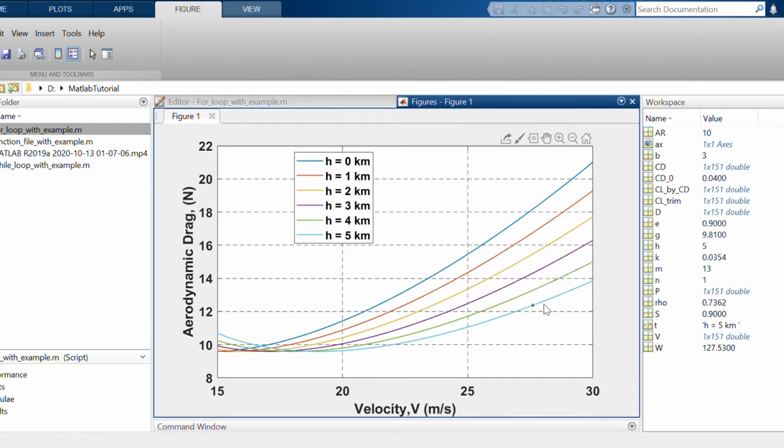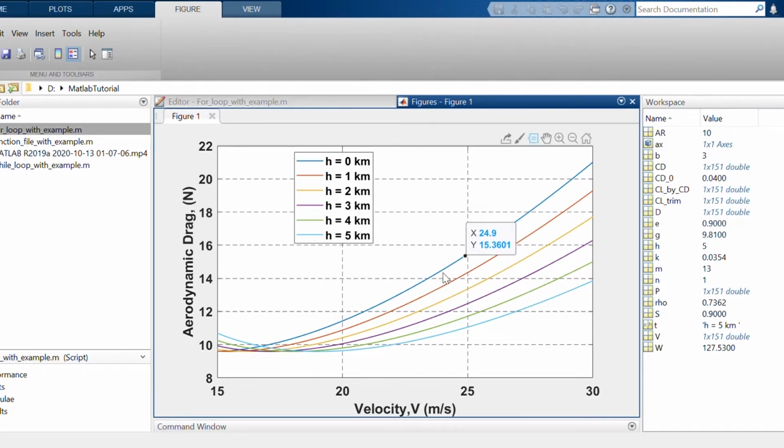There are so many options here, as you can see, there are data tips. You can click here and just drag, and you can check at what velocity, suppose at 25 velocity, what our drag is.